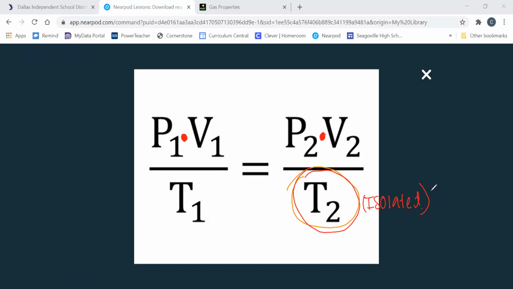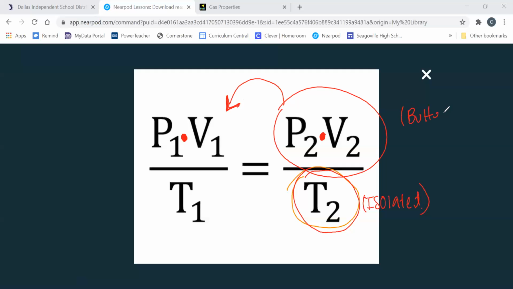The only way I can solve for temperature 2 is if I move this to the other side. So I have to move P2 and V2 to the other side so I can have T2 by itself. But the thing we're having problems with is we don't know how to move these things to the other side. The only way you can move this is, well, you can use the butterfly method. You already said the butterfly method. We can't do the butterfly method on this one